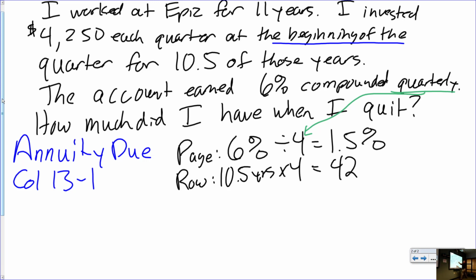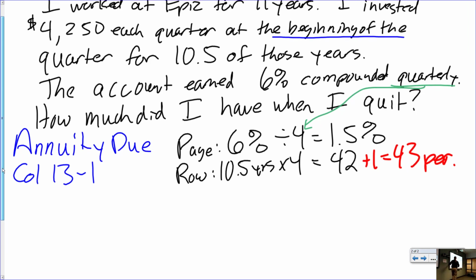But then remember, because it's annuity due, plus 1. So 43 periods of investment minus our correction at the end, right? Okay, so